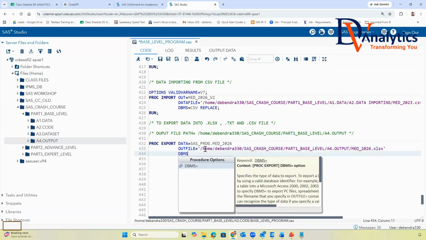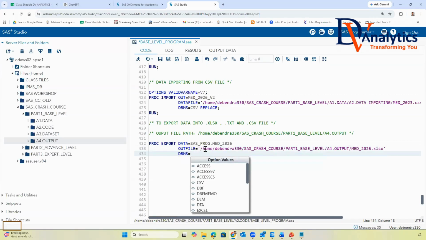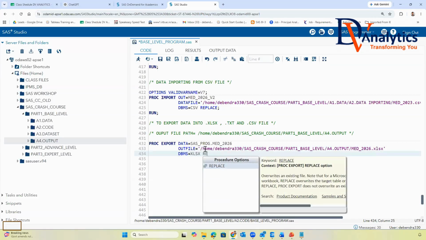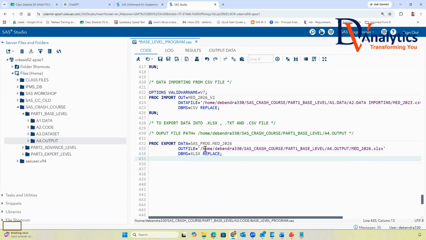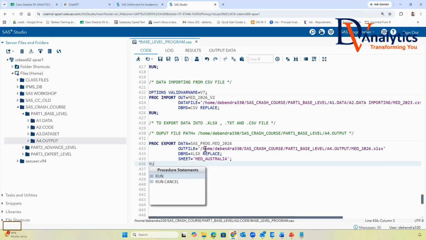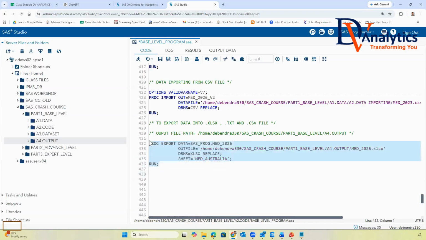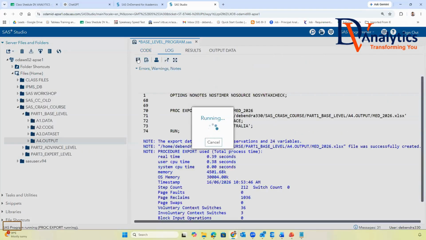Then dbms is equal to xlsx replace. If you want to give a sheet name, you can give the sheet name, let's say made_Australia. If you run this program, what is happening guys here?